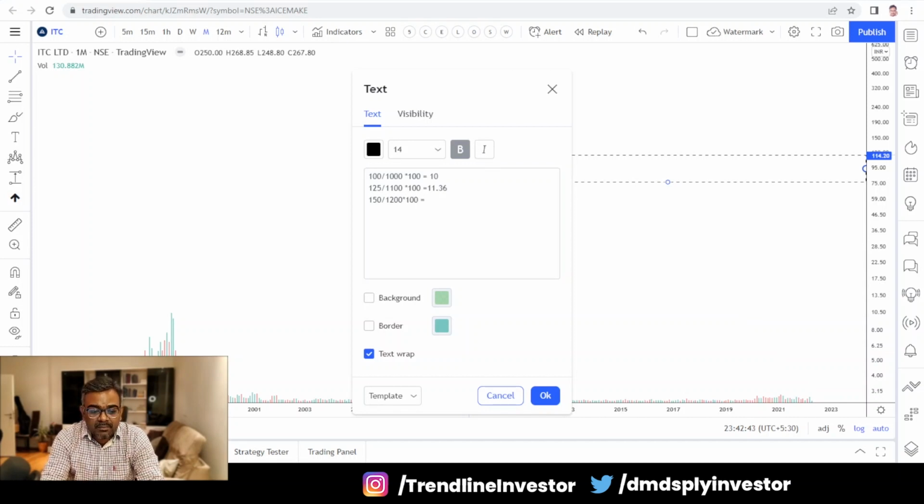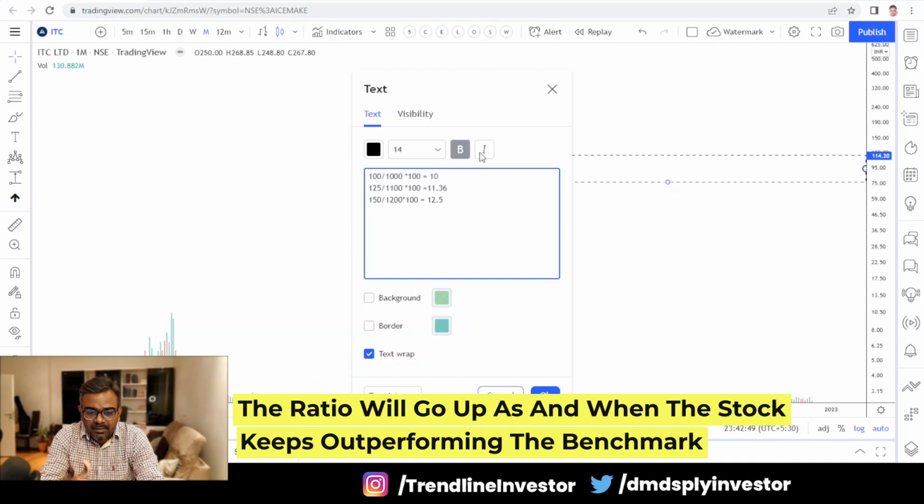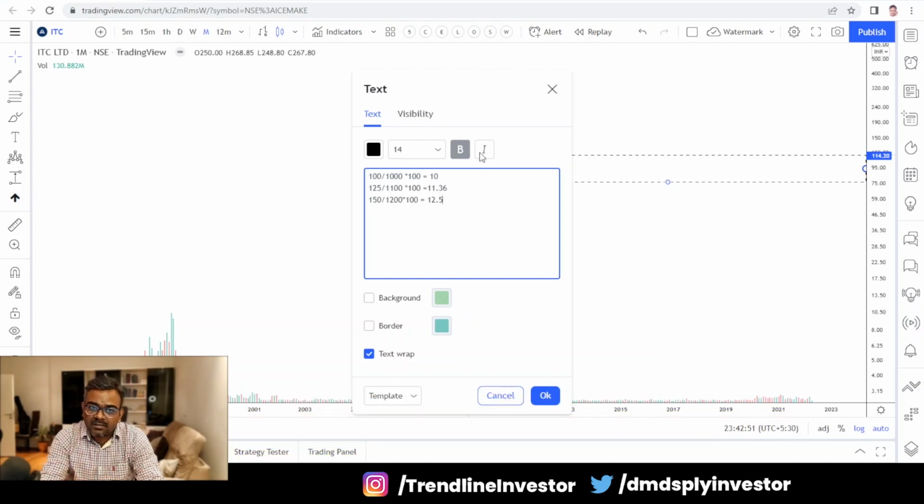Now if you divide this number by this, you're going to get a number called 12.5. As and when the stock is outperforming the benchmark, you see that number increases higher and higher. If you keep it constant, let's say after 1 month both are at the same rate, then you see again 12.5, which means both are not